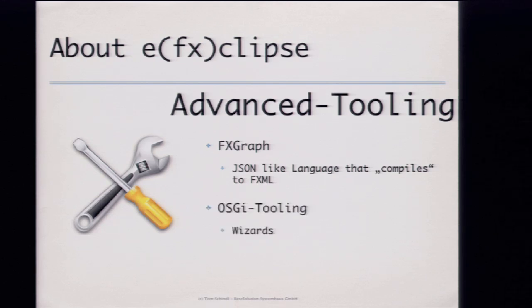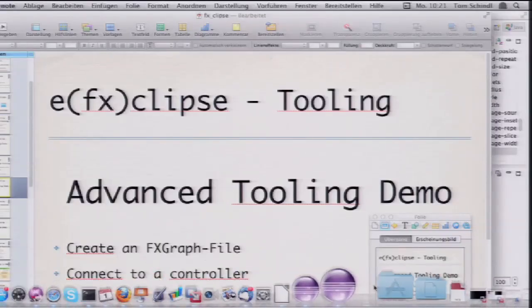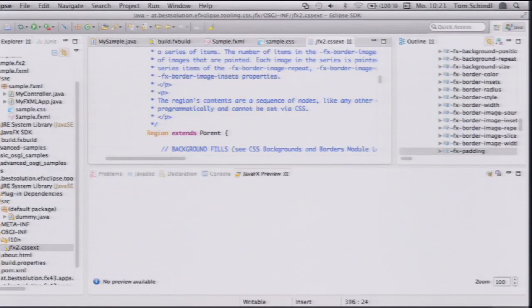Then we have some tooling for OSGi, so that you have OSGi applications, or Bootstrap OSGi applications, and they provide you an SVG converter that allows you to take an SVG, convert it to FXML. The converter is written in Java, pure Java in the end, right? So you can use it even on your web server to create FXML files of SVG. So I'd like to present you in a short demo the tooling